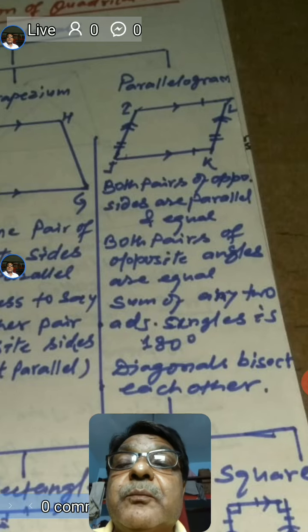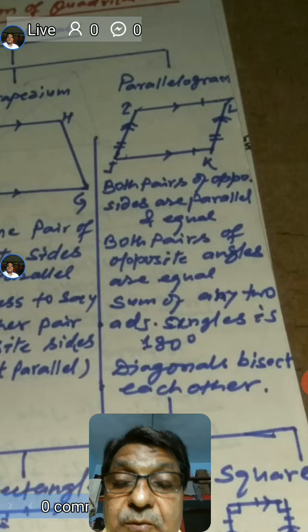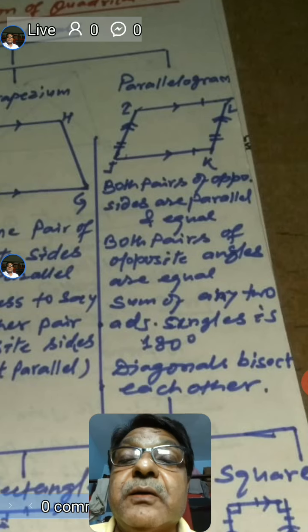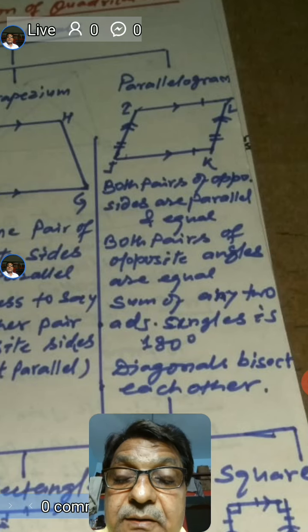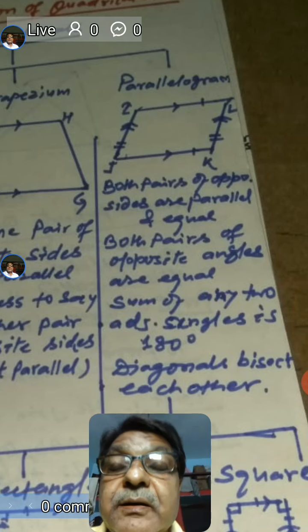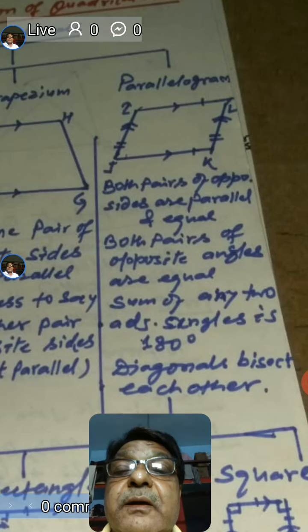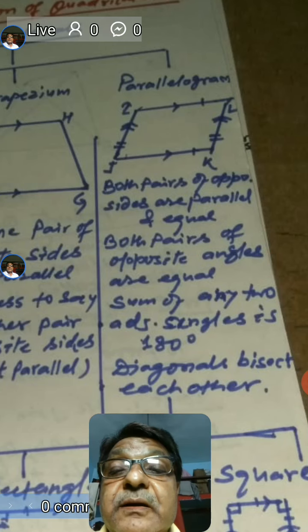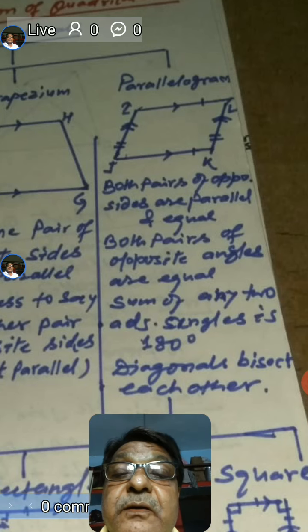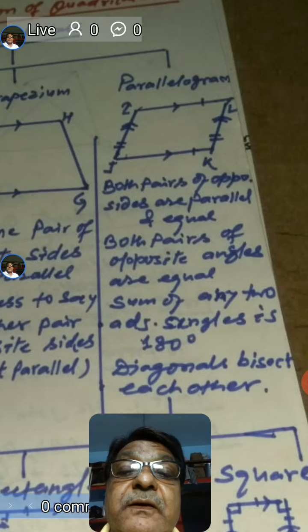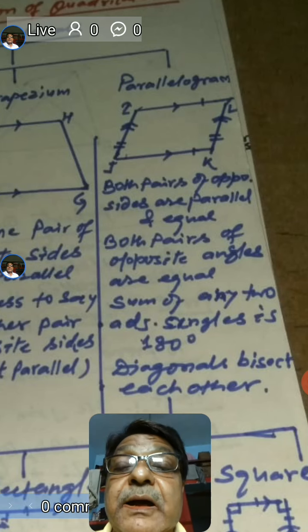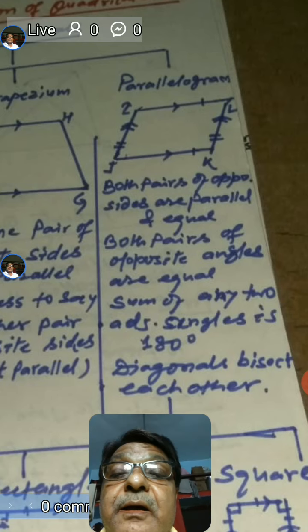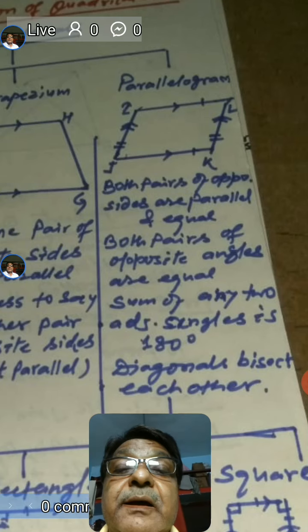Since parallelogram is an important category of quadrilateral for our later discussion, we should focus more on some properties that a parallelogram possesses. One, we have already defined that both pairs of opposite sides are parallel. Another property is both pairs of opposite sides are also equal, that is IL is equal to JK and IJ is equal to KL. The third property is both pairs of opposite angles are equal, that is angle I is equal to angle K and angle J is equal to angle L.